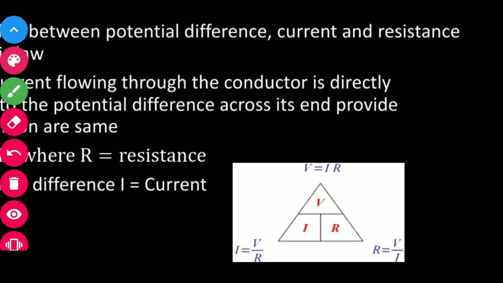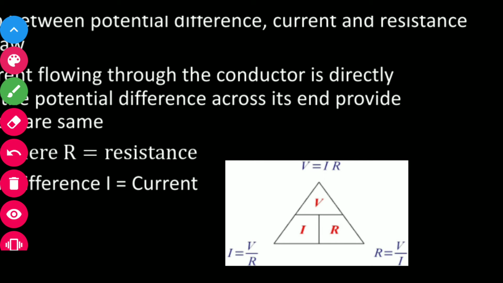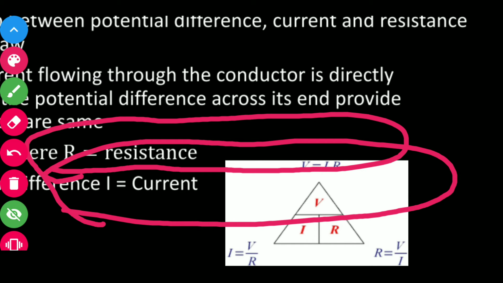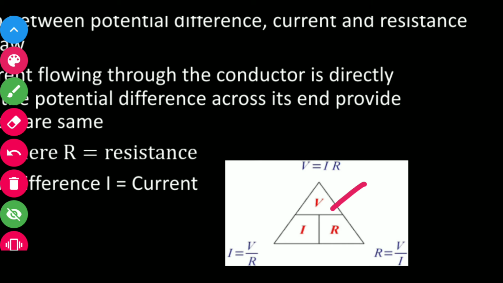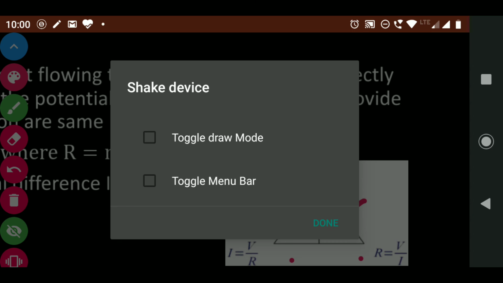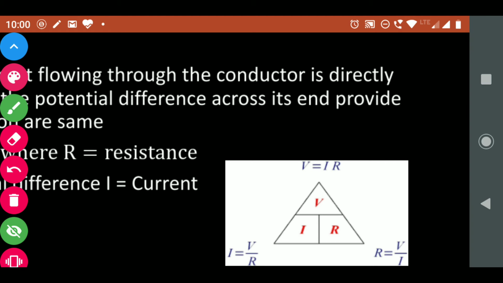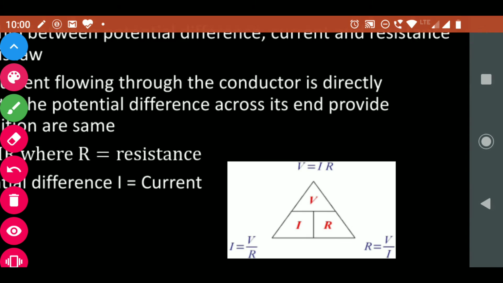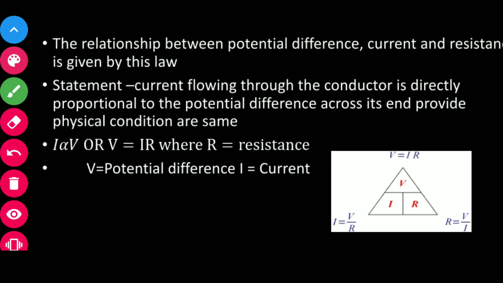This diagram gives you the entire logic. So V equals IR. See, this is V, and I and R are written one next to another. So V equals IR. Now see, I equals V by R, since this is I, so V by R. Similarly, R equals V by I. From this diagram, you can easily remember the various forms of the formula of Ohm's law.